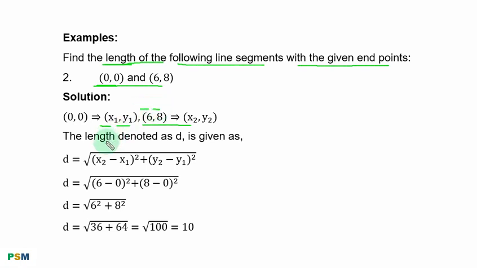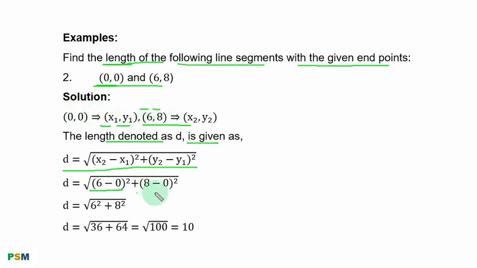The length denoted as D is given as this. You replace S2 with 6 minus S1 0, you square it, plus you replace Y2 with 8 minus Y1 0,